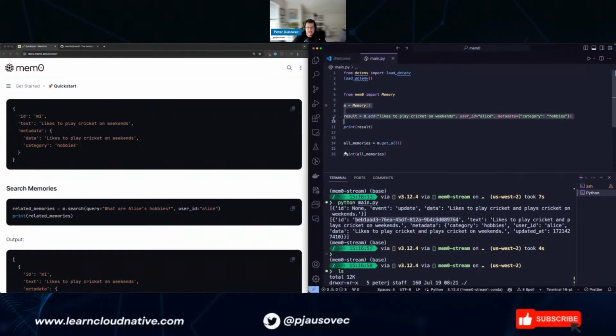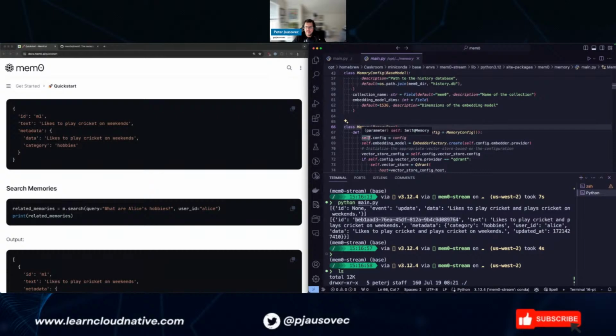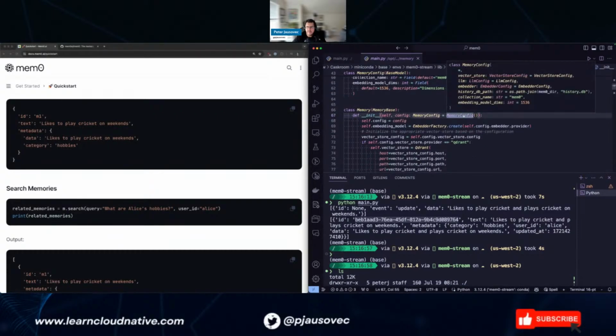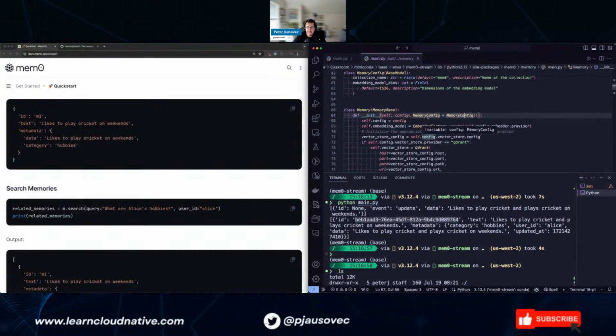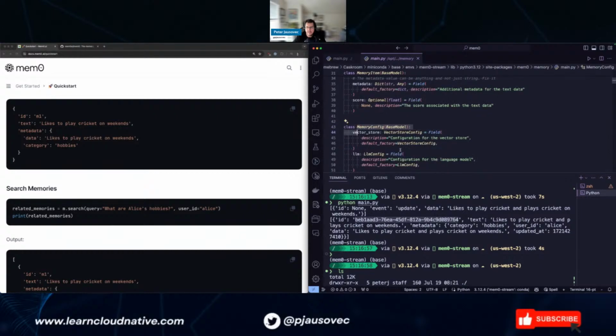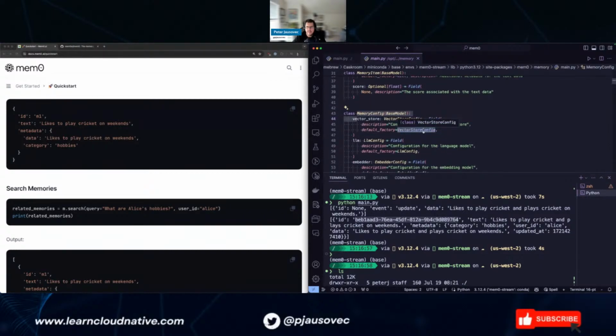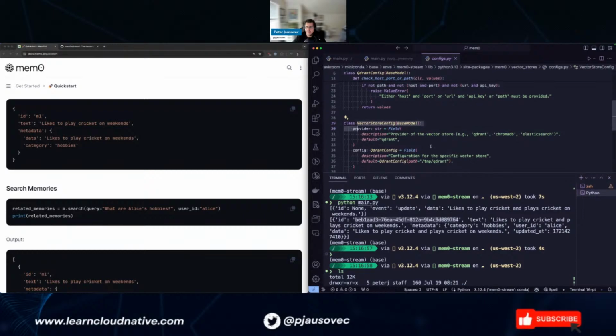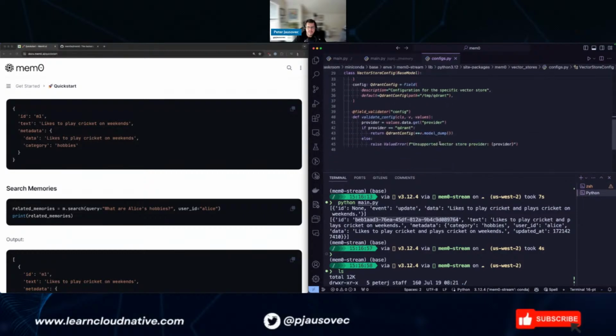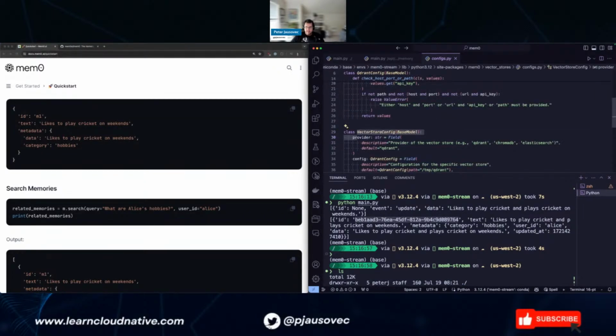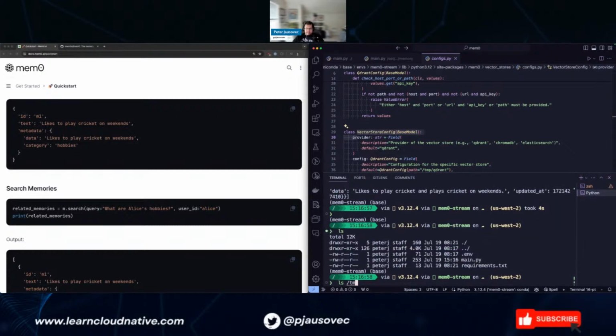So let's do this. I'm not going to create it again because it looks like it is storing. This memory has a default config, right? Which I didn't specify any, so it just uses the default one. Default vector store config. It is using a default one, but I don't know which one. Qdrant, I guess. Maybe it's that one. I don't know. TMP. Let's see.